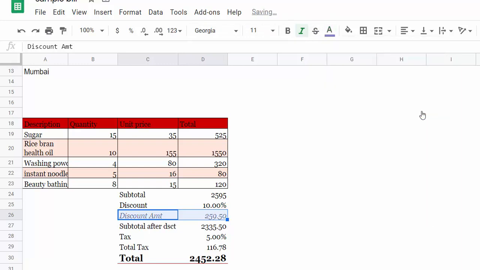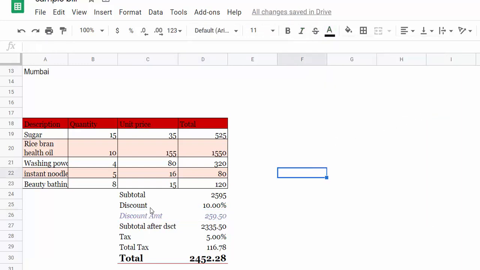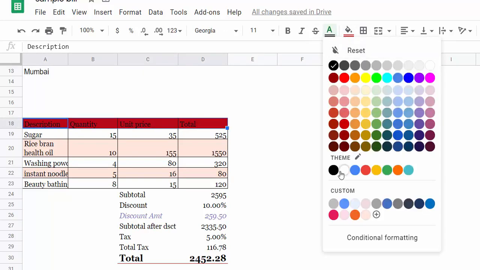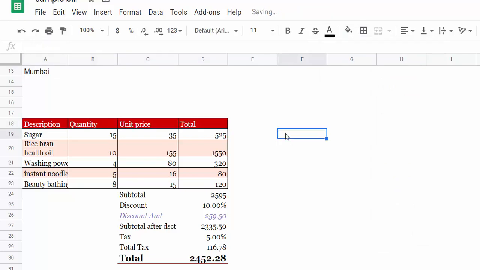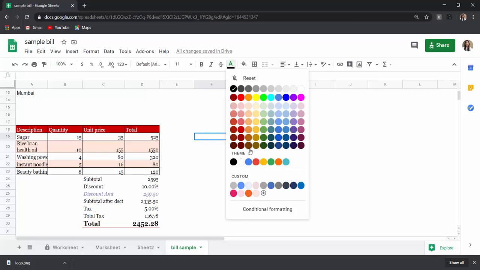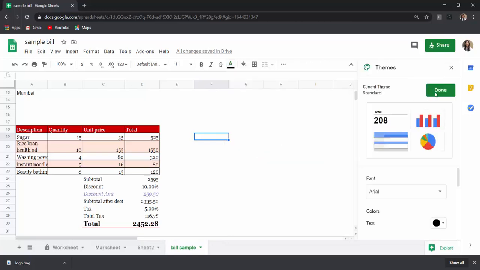So I want to give blue color to it. So you can see that text color is changed. Similarly, if you want to change the text color of this, you can change it. Let's say I want it white. You can do it white.